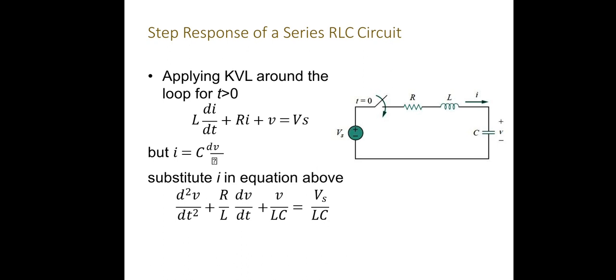When alpha square is greater than omega naught square, then it gives the real roots, and we will get an overdamped condition. If the roots are the same, then we get the critically damped condition. If the roots are complex conjugates, then that is the underdamped condition. So three conditions are discussed in series and parallel RLC circuits.